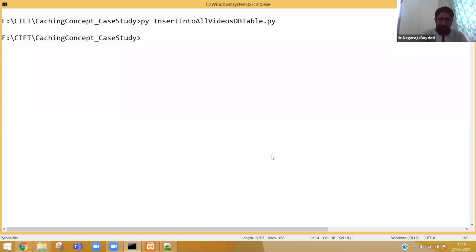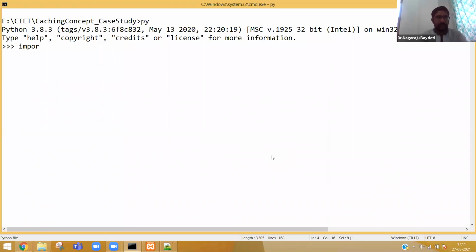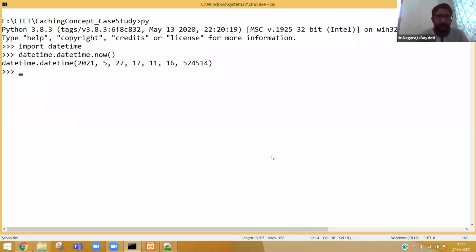For that, go to the Python prompt, import datetime. Now, datetime has another package datetime. In that there is a method called now. Now you see it shows the year, month, date, hours, minutes, seconds, and milliseconds.